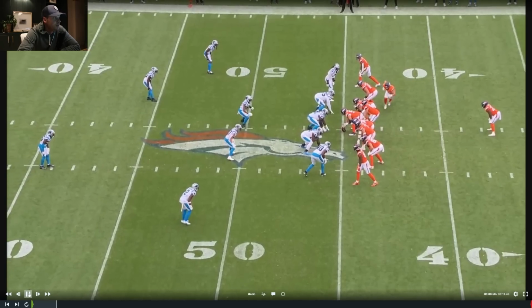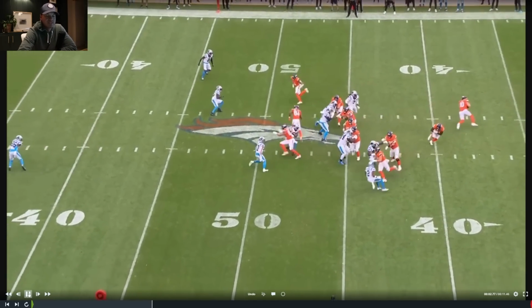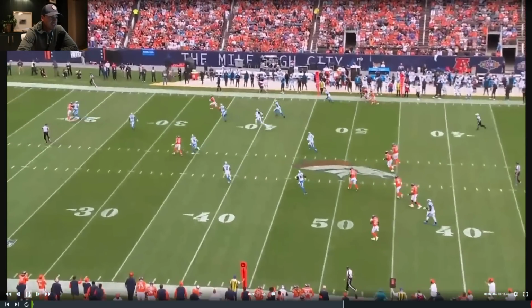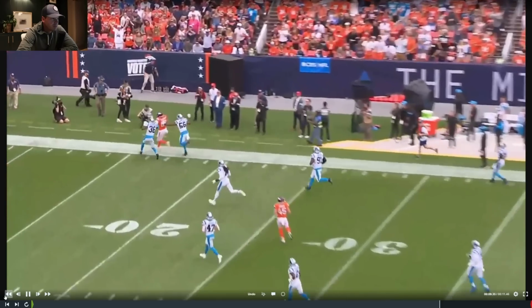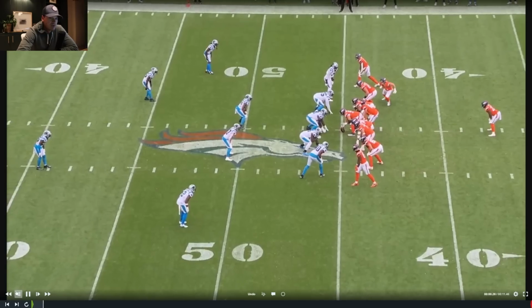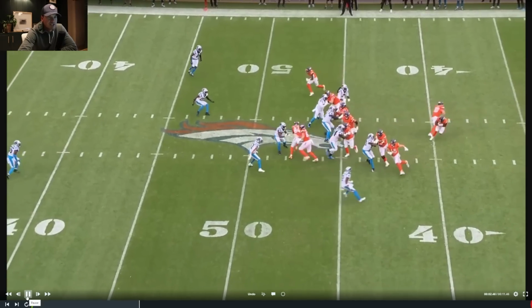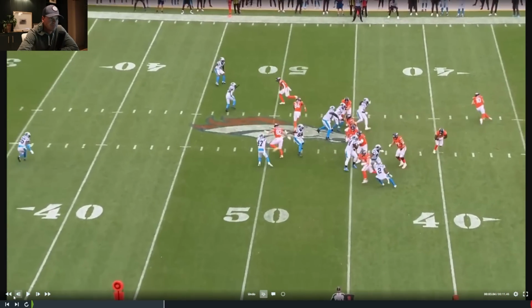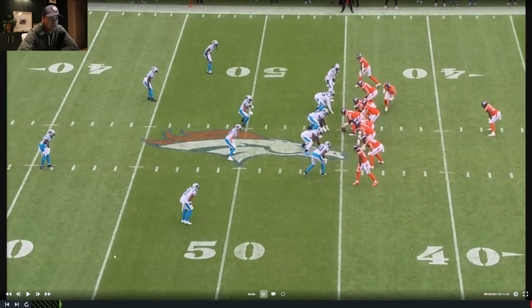Now we've got a great little boot dime here. Little action. Gosh, perfect design. Great job by Bo holding on to the football. Because on these boots, you got to hold on to the ball long enough, extend it horizontally for the whole concept to set up, right? Because what you're doing is